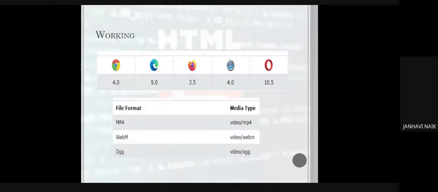Okay. See, now we know how to add audio, how to add video. Now there is one more thing: you can add a YouTube link to your HTML file. For that the syntax is a bit different. It is done using something called an iframe.